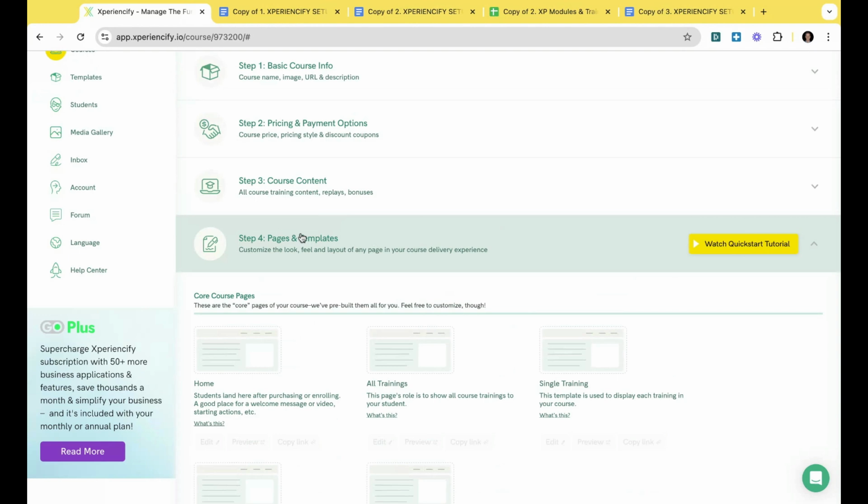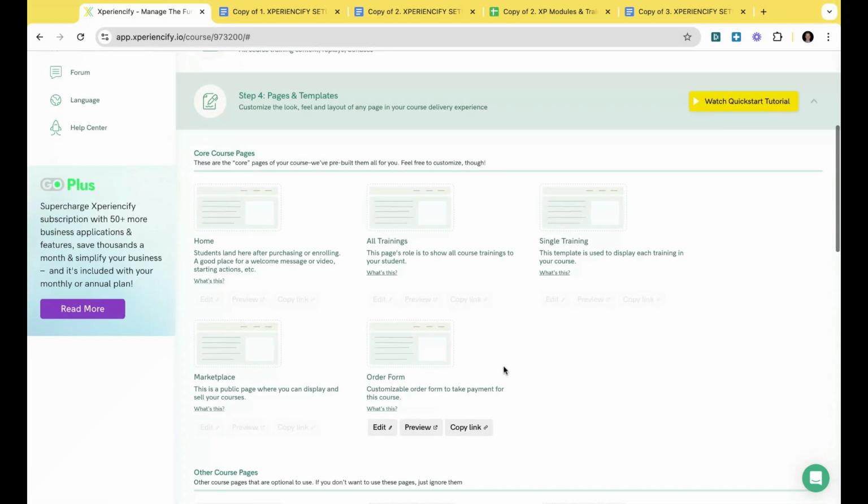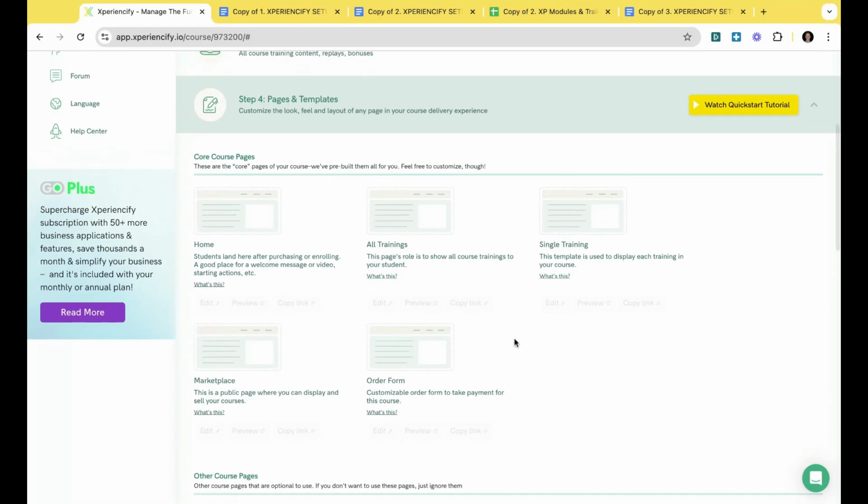For this quick start tutorial, again, you can get lost and find a lot of friction in customizing these pages and templates. But I encourage you to use the templates we have and customize them a little bit so the text is correct. Maybe change some colors and add some images so that they match your brand. Our goal here is to get you out and start getting feedback on the actual training material that you have out there.